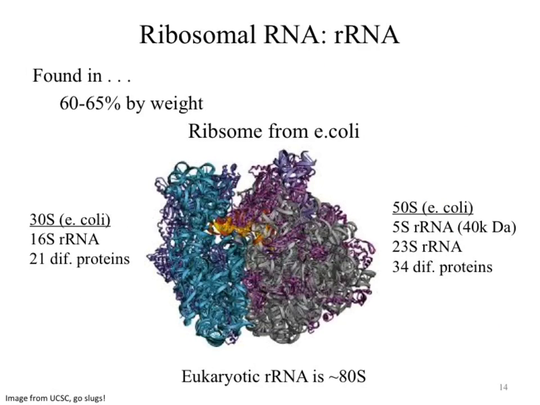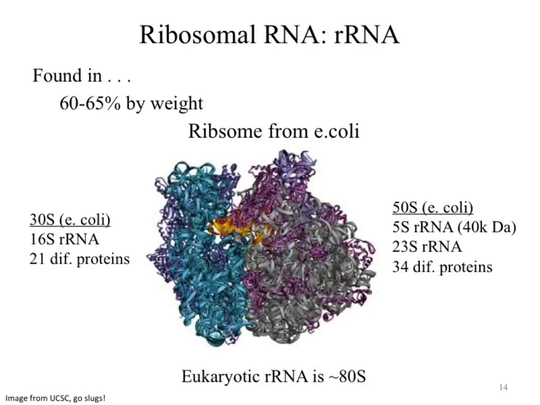Your ribosomal RNA, roughly 60 to 65% by weight. We're looking outside of your nucleus. What these are going through and doing is processing your mRNA to build your protein. So this is kind of a neat little picture. This came from